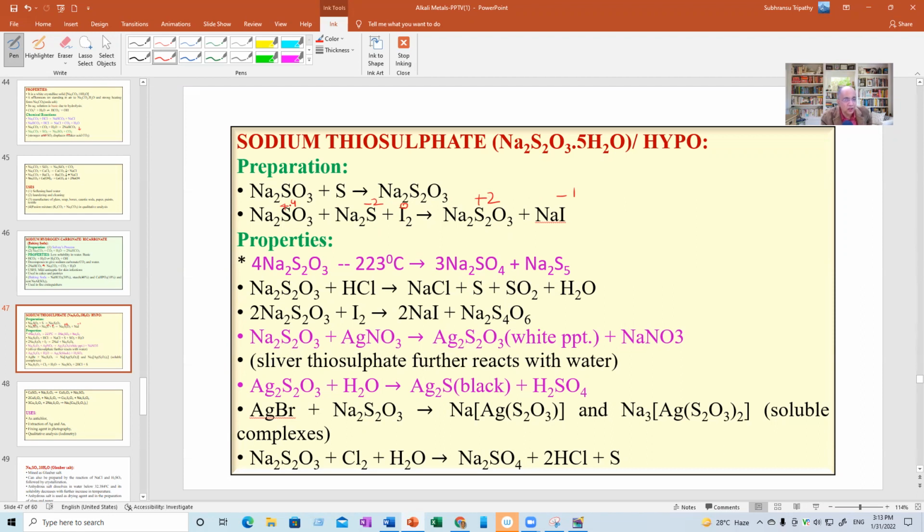But it's +4, remaining +4. Doesn't matter. Look to the average, -2 to +2. Average 0 to -1. So you get sodium thiosulfate by this reaction. Now, sodium thiosulfate on strong heating will give you a very exotic compound, sodium pentasulfite, where sulfur is in